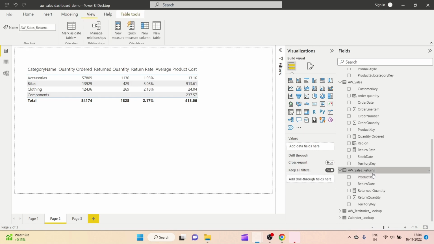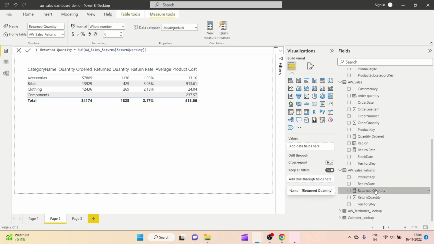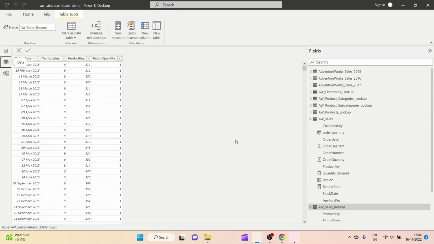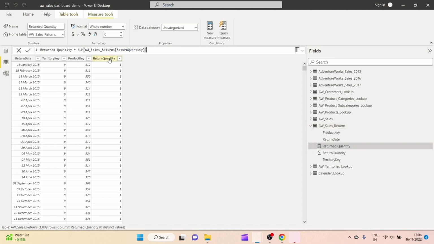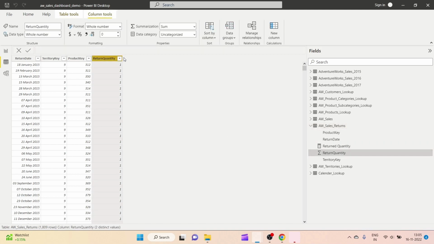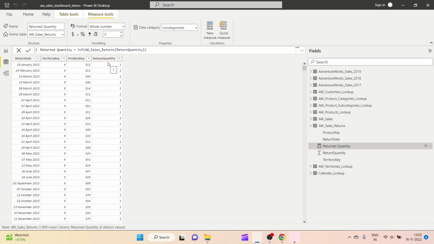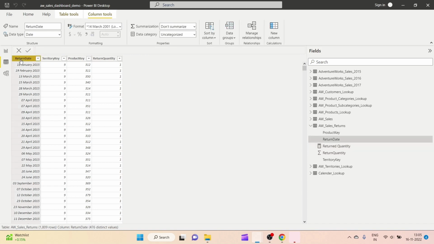Okay, so let's say in sales return, if you remember, we have created a returned quantity measure. Let's quickly go back to our data and see what this return quantity does. So we have a return quantity column. This return quantity measure is basically the sum of this column. Now we actually want to find out how many returns are there